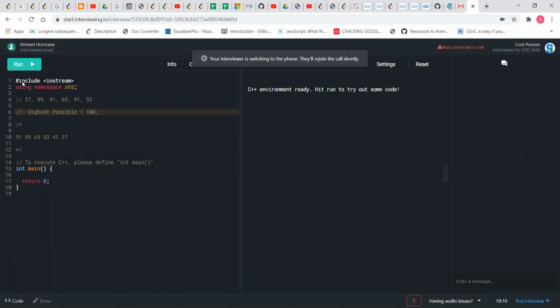So when I'm at 37, I know I'm smaller than highest possible. So basically, I want the immediate smaller. So that will be my first element. So if I'm traversing my like